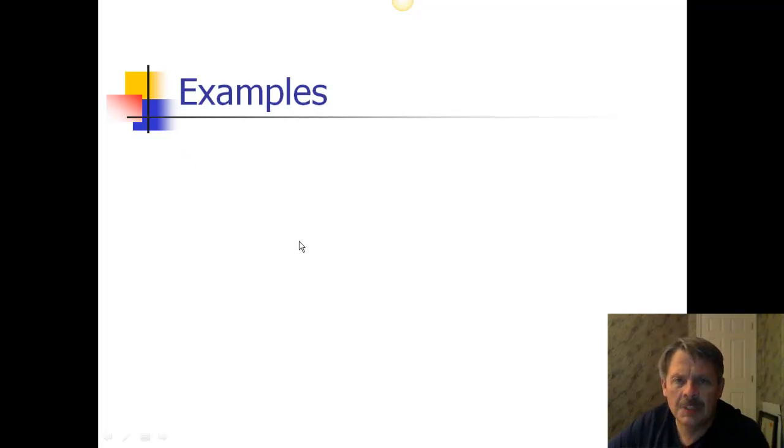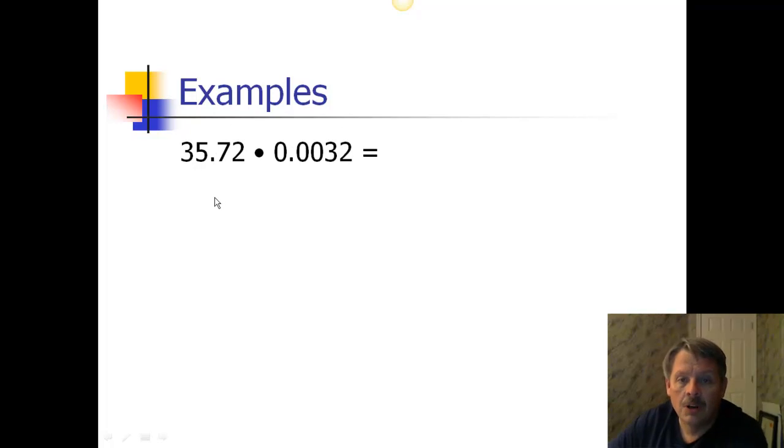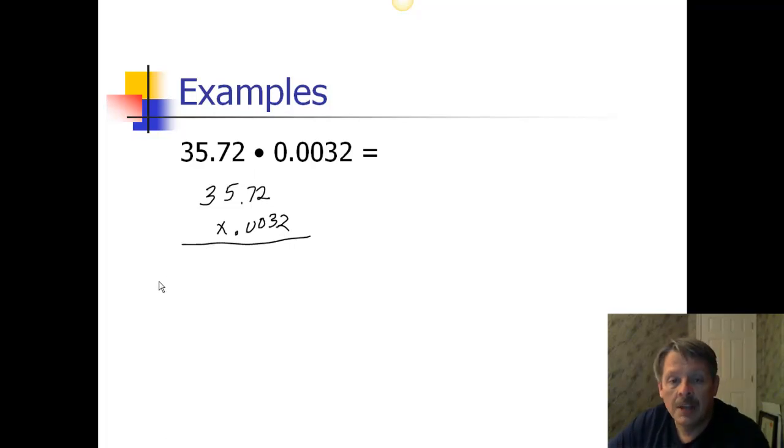Let's go through some examples. These are rather large for just doing without a calculator, but just to work it out, I take 35.72 and I multiply by 0.0032. Now I'm going to multiply this out, and I've already done that. And my answer here is,